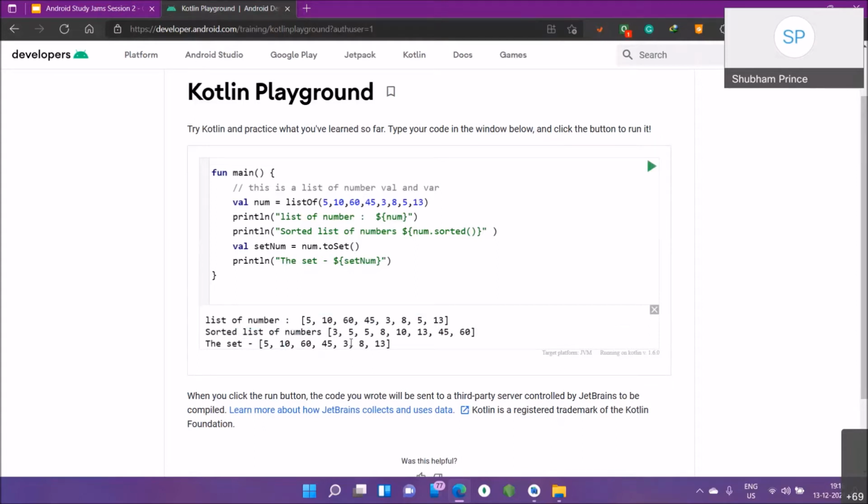What we can do is create two types of sets. You might be familiar with the words mutable and immutable. Immutables are those whose value cannot be changed, and mutables are those whose value can be changed, depending upon what we want to do. 3 is there; 3 was not a duplicate, so it won't go.